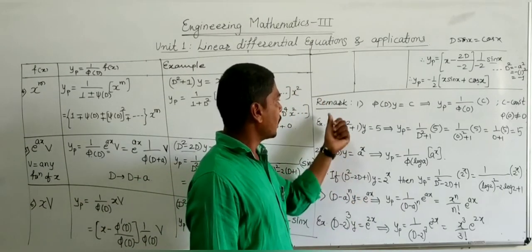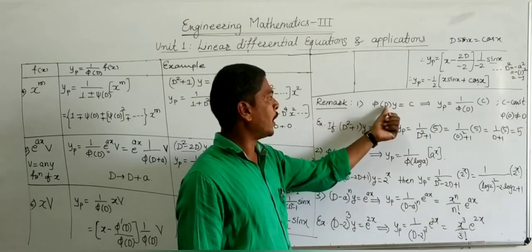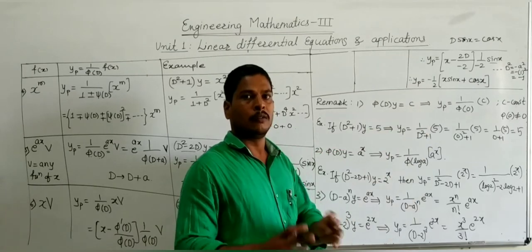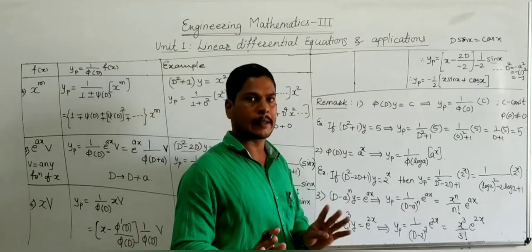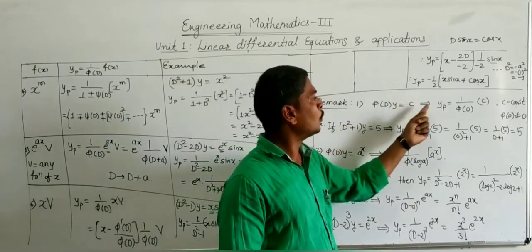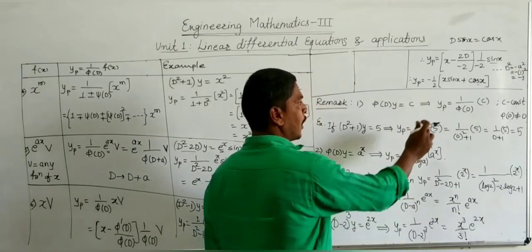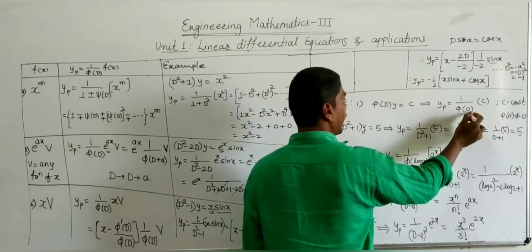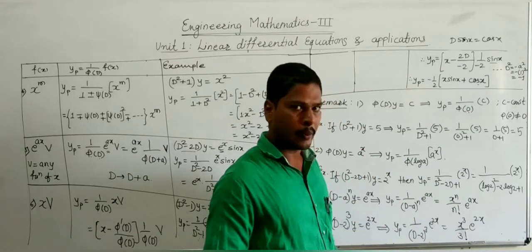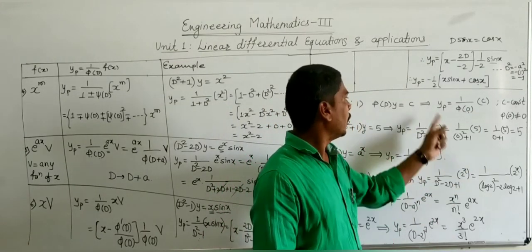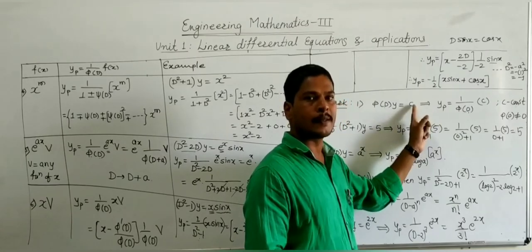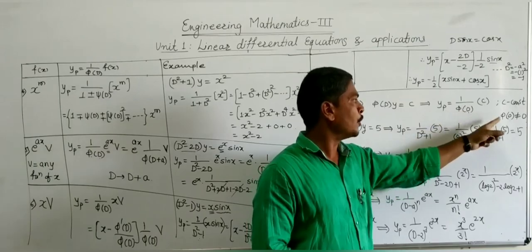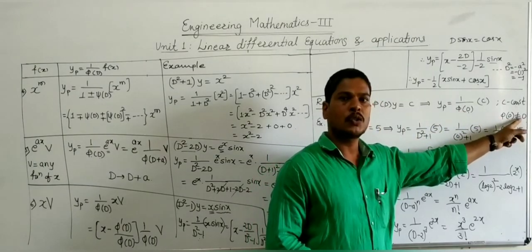Now there are some remarks. First remark is if phi of D into y is equal to a constant. Constant means a function which does not contain x. So in that case, how to find yp? In that case, yp becomes 1 upon phi of D, and replace D by 0 everywhere in our phi of D, if the function f of x is a constant function,